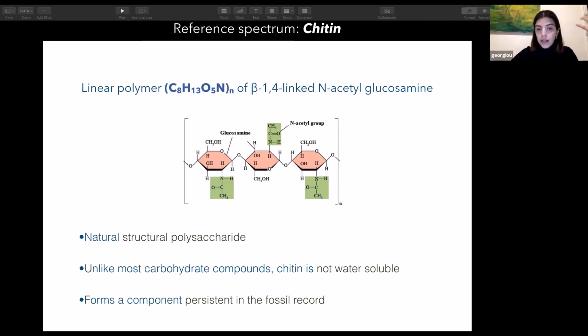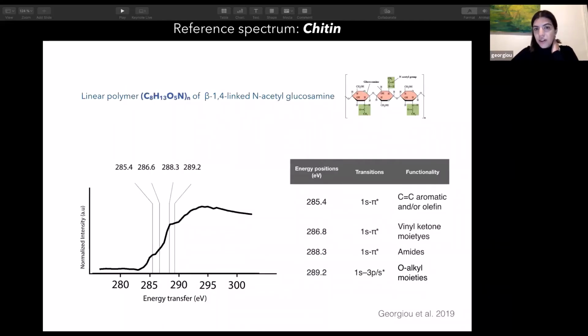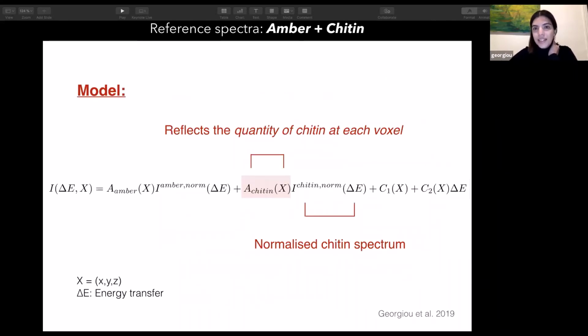It is a carbohydrate, but it is not water soluble, and that's the main reason we could identify it in fossils. So we took a reference sample, we bought a chitin sample, and we ran this standard. So we obtained our XRS spectrum, and we added chitin